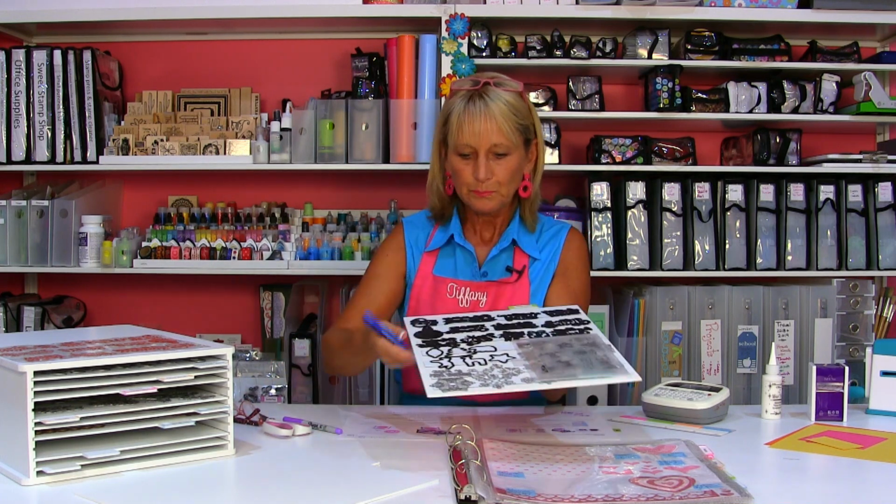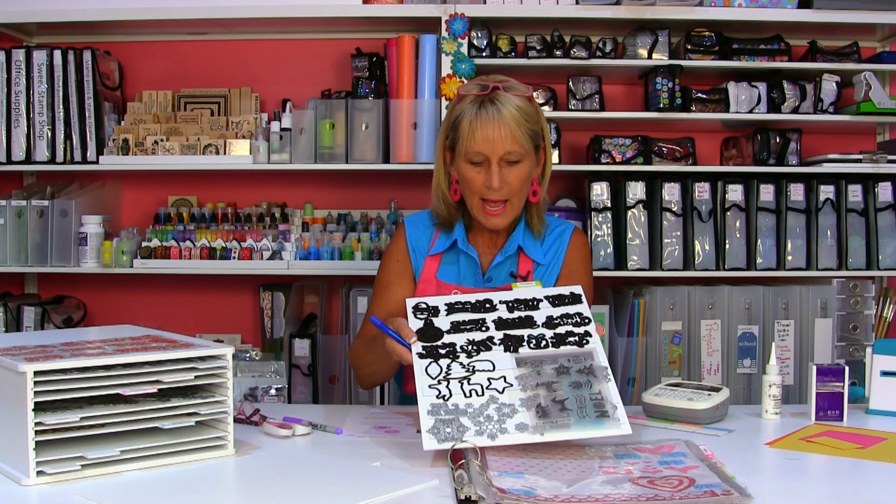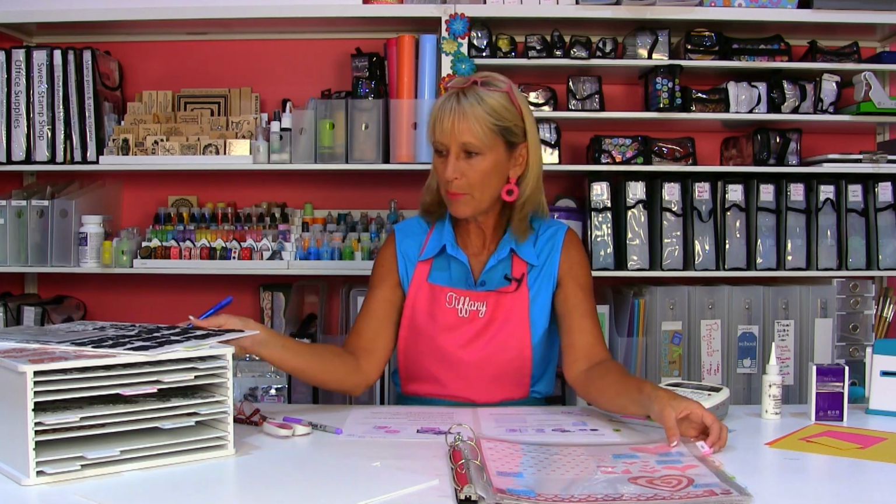So the question that came up in Tuesday Live was, every time I get new punches, I'm always rearranging my punches to fit punches in where they belong. You don't have to do that anymore, okay? Because you're going to switch over to a label system, and it's going to be so easy to put things away. So I went through all my dies, and I made examples of them,